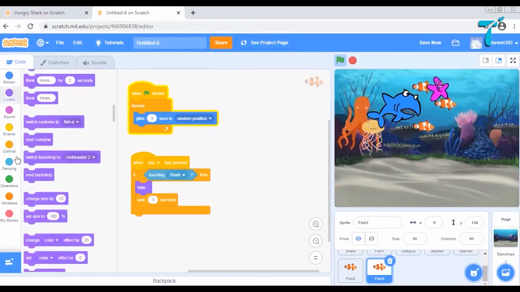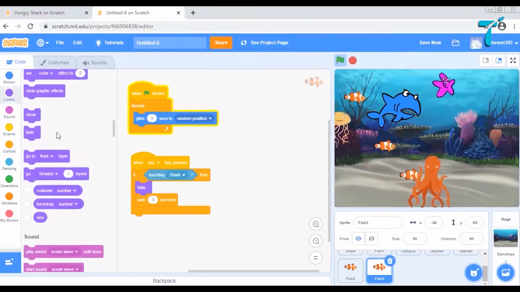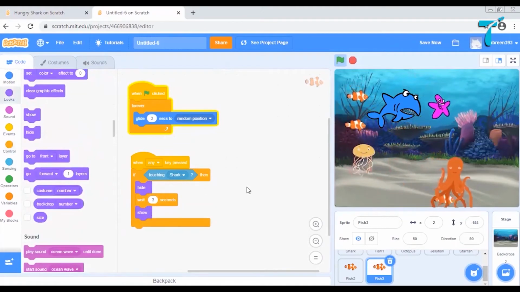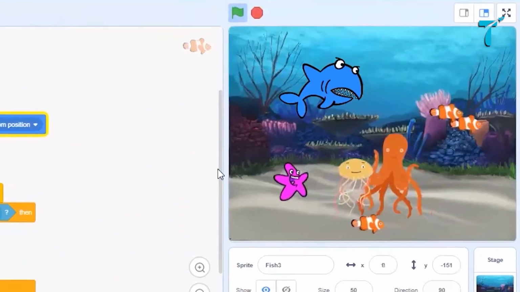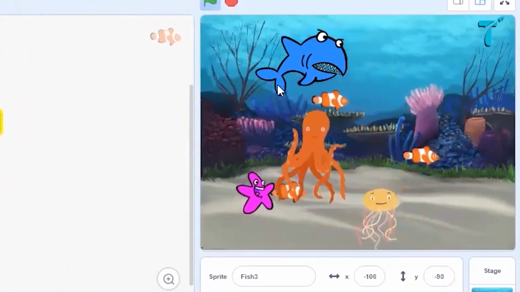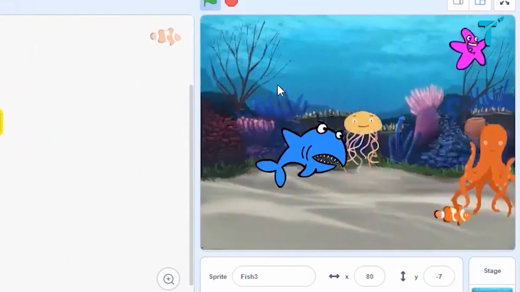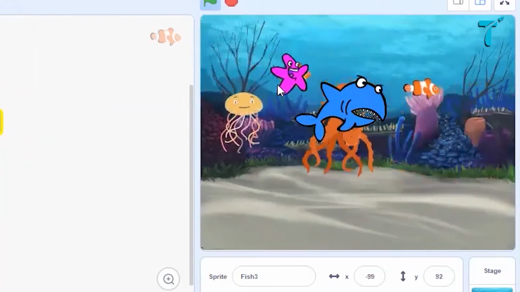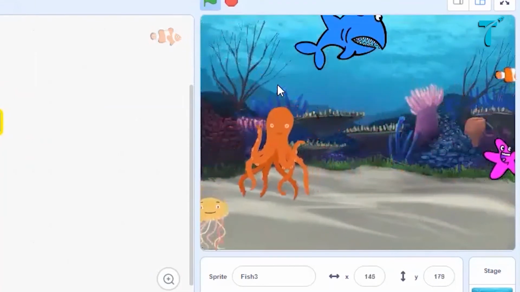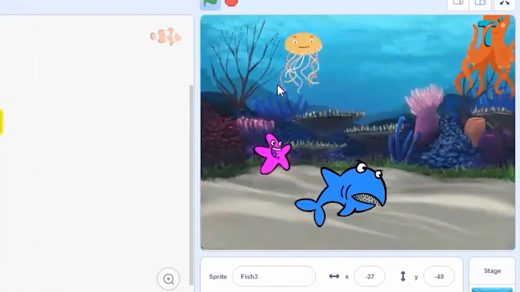And then come back again. Okay, let us see if our shark is capable of eating up the fish. See, the fish got disappeared. After 3 seconds, they are coming back, right? So that is how it is working correctly.